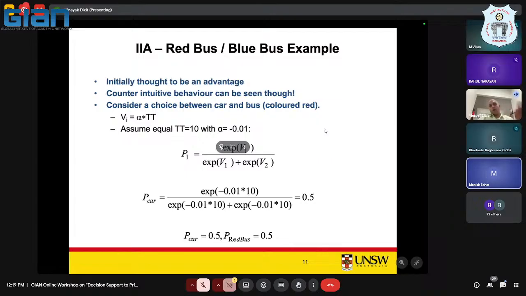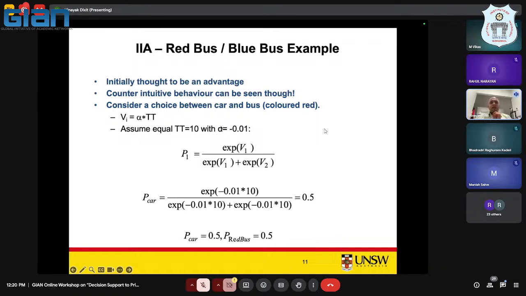No, sir. Okay, so this is just a thought experiment, and it leads to a paradox. Let's take this example: there's a car and there is a bus. The utility function of both of them is exactly the same. It's alpha times travel time. And we assume that the travel time is equal. It is 10 minutes,